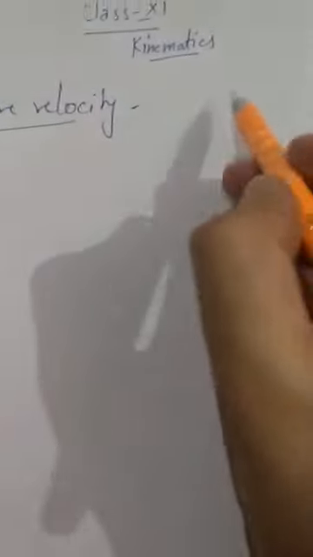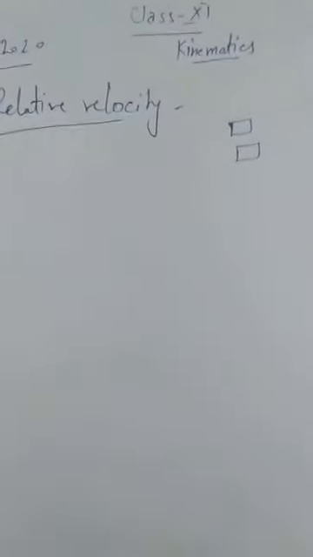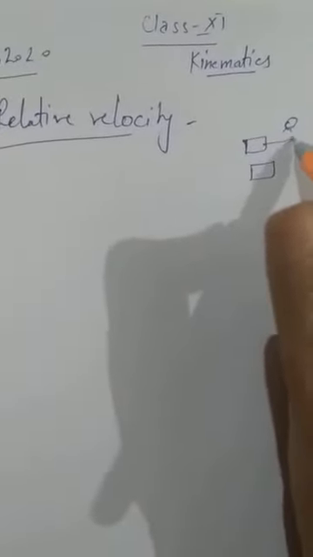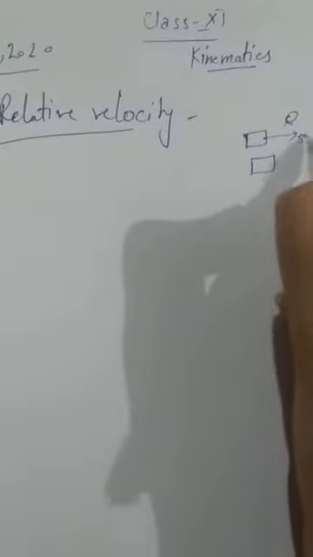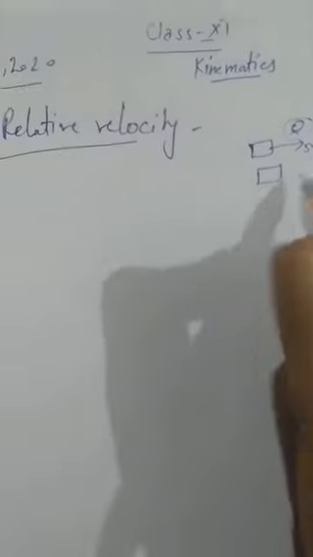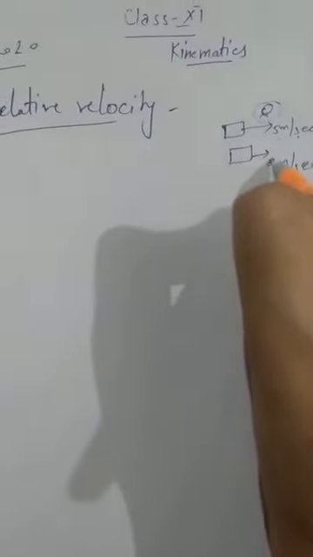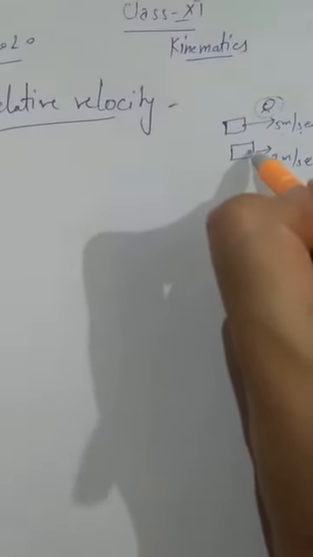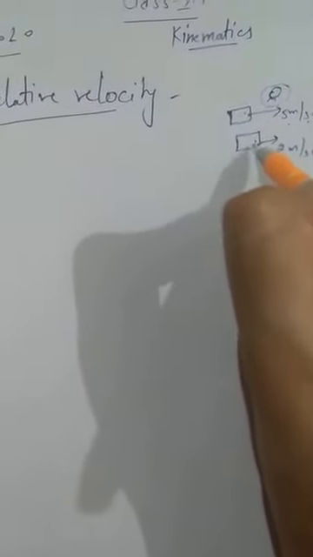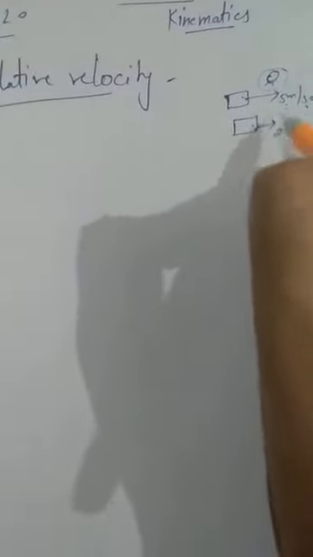For example, let us take one car here and one car there. Then one person is standing outside the car. This car is traveling with some velocity, let this be 5 meter per second. Then with respect to that person, its velocity is 5 meter per second. If the velocity is 2 meter per second with respect to that person, and someone is sitting in this bus and observing the velocity of that vehicle, then it will not be 5 meter per second. It will change.